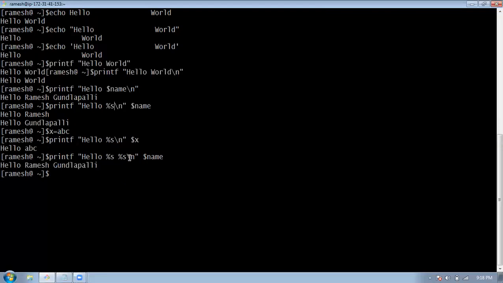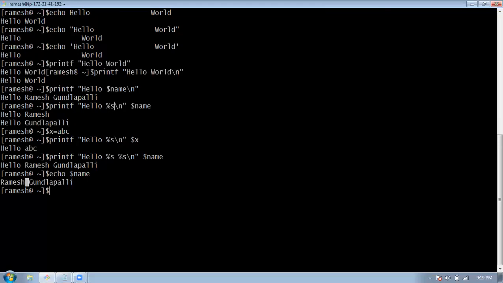Now, because I have given two values, I have to use %s two times. This variable itself has two values separated by space. That's why we need to use it.